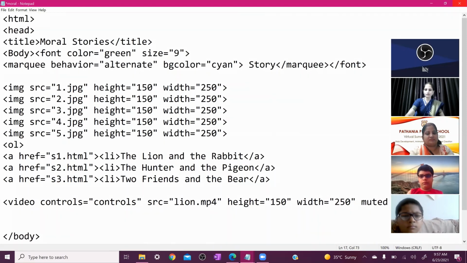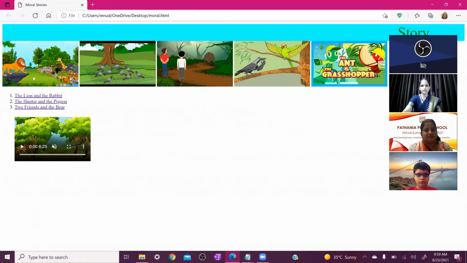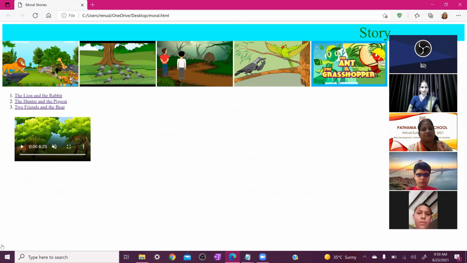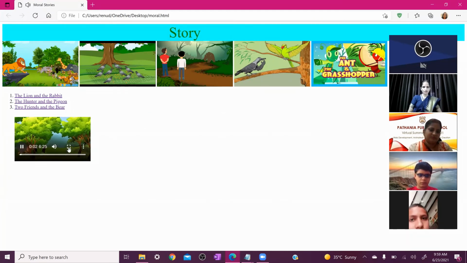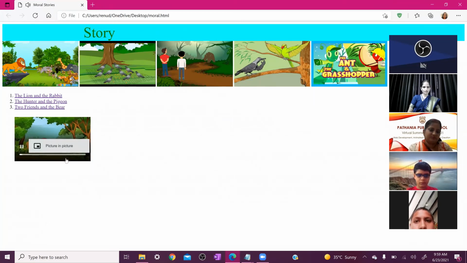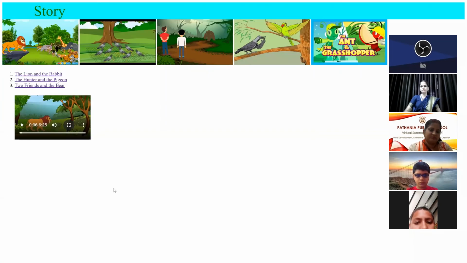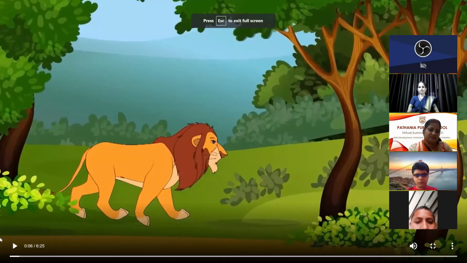If you don't write the muted word, it is unmuted, so the voice comes when you click on the play button. And if you press the full screen button, you can see the video displayed in full screen.